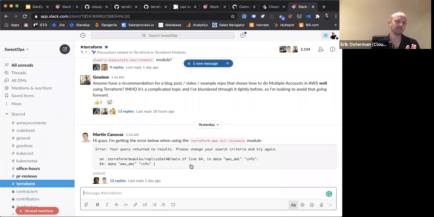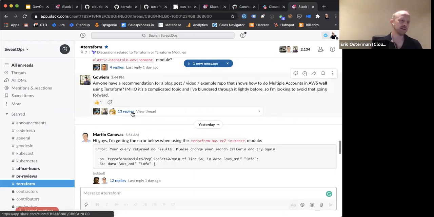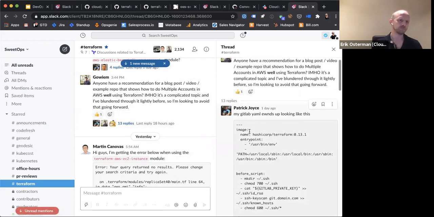This is a complicated topic. I'm sure we've all blundered through this at various times. I know Cloud Posse has struggled with it. Matt's struggling with it right now. At Cloud Posse, we've done multiple iterations of this to get it right, and I feel like we finally have something that works really well for at least our worldview of how this stuff comes together. So I think there was some additional context added in the thread here.